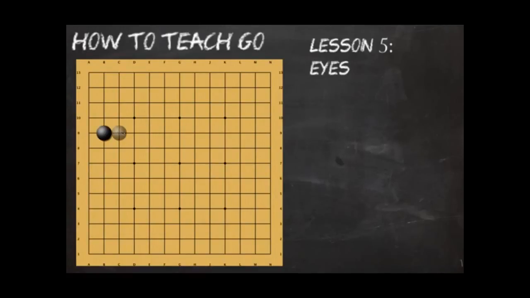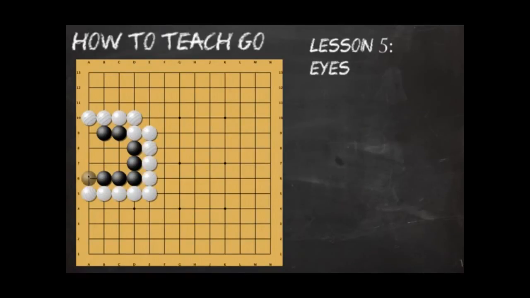What I mean by this is, say you have a shape like this, and there's white stones around, and it's like this, or let's say it's like this. It doesn't matter, whatever shape you can do. Let's say it's like this. Go ahead and place the white stone on the inside. Make them live. If they play it this way, or they play it this way, then you can play here and say, oh, it's 2 in a row, it's gonna die, and then you can show them the correct move